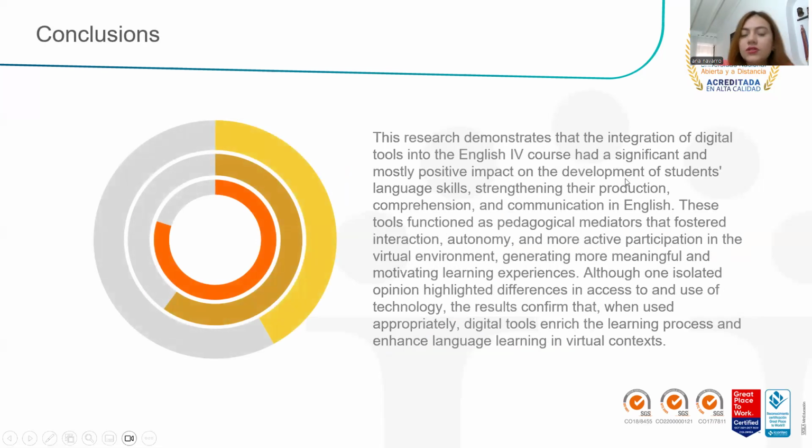The conclusion of this research demonstrates the integration of digital tools. The summary is that the research shows digital tools had a significant, mostly positive impact on students' development of English language skills.